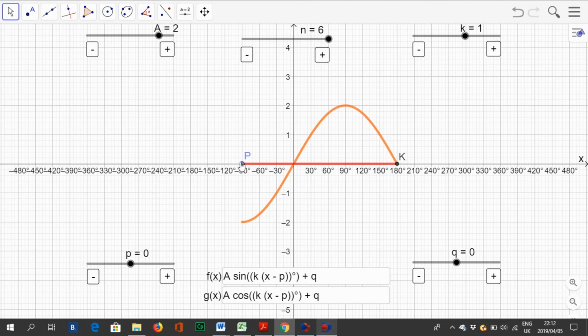Now remember, the point P is included, so you will have to decide on the equality sign that you use, as well as the point K is included, and you will decide. And think about also, how do you write this in set notation? What kind of brackets are you going to have? Are you going to have open brackets or square brackets